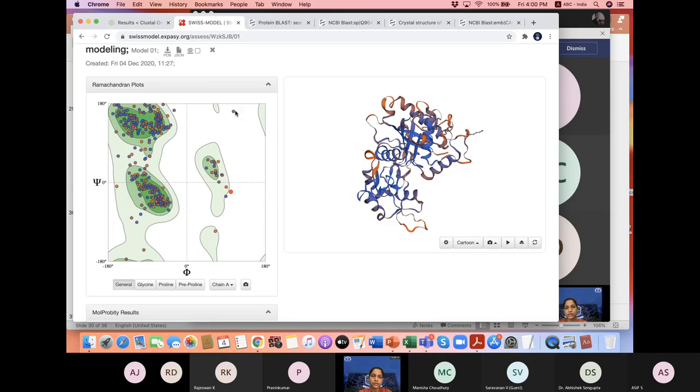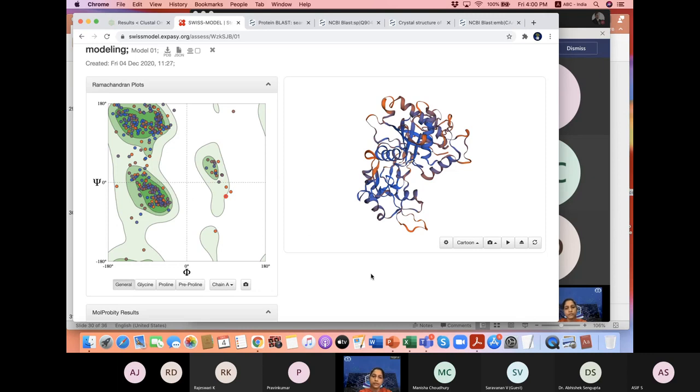Here you can see the outliers; these dots are nothing but amino acid residues. This inner green region is the allowed region, these are the generously allowed regions, and here we have the disallowed regions. Whatever amino acid residues are outside are in the disallowed regions.